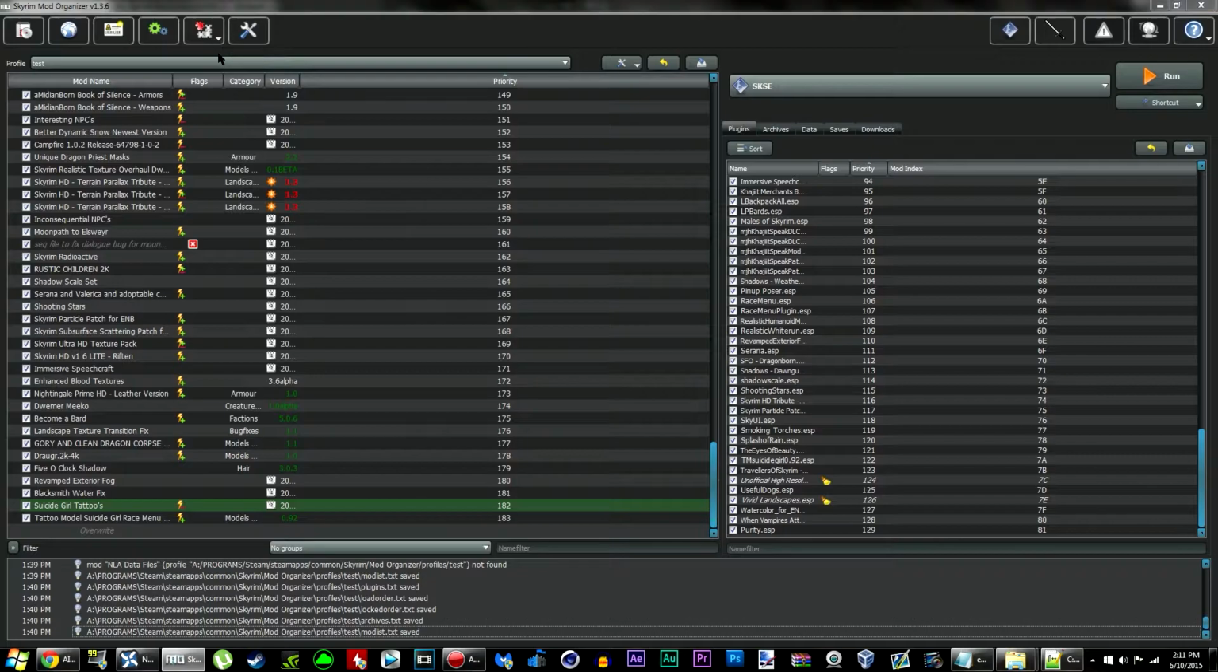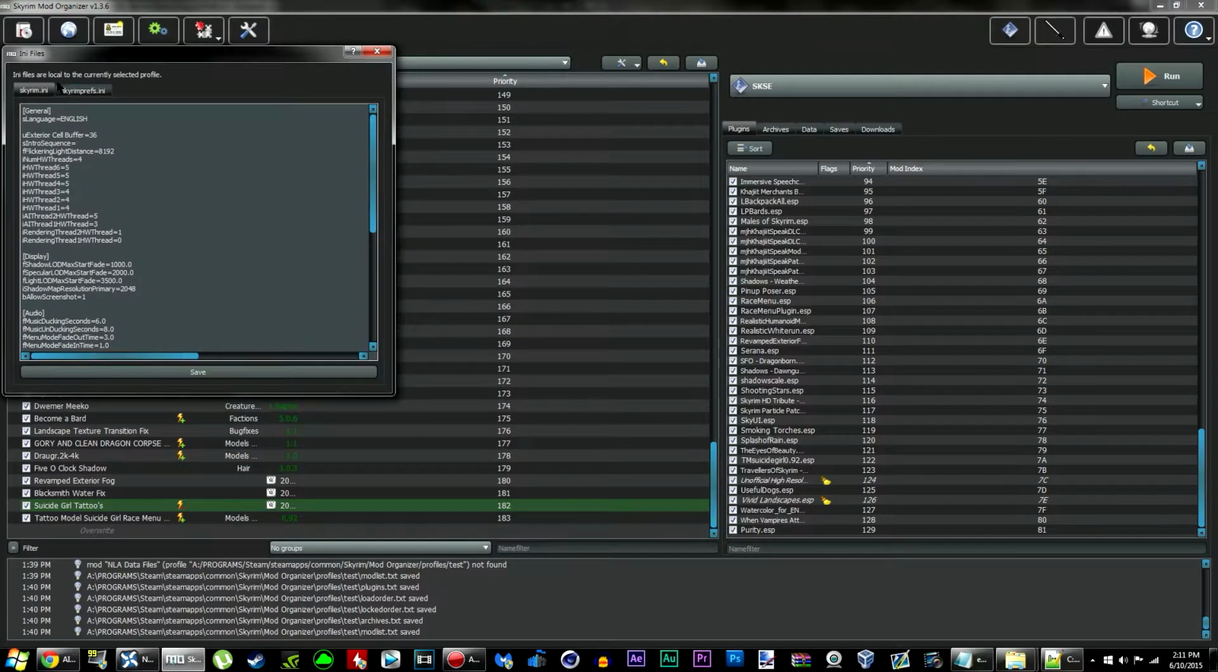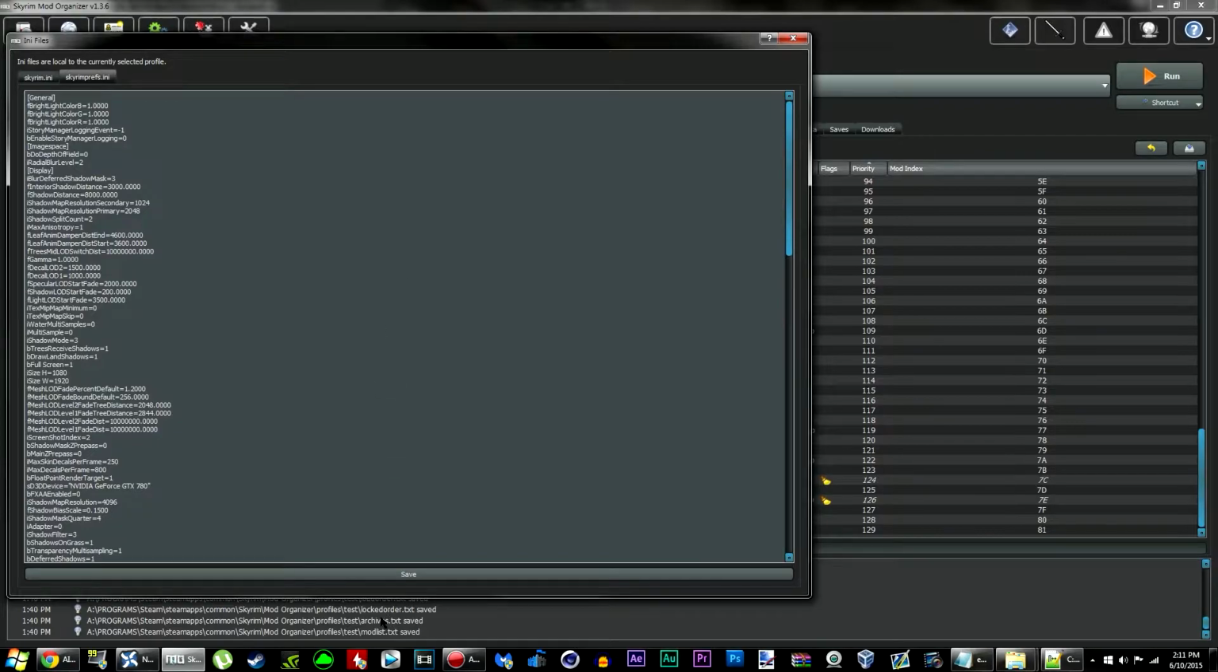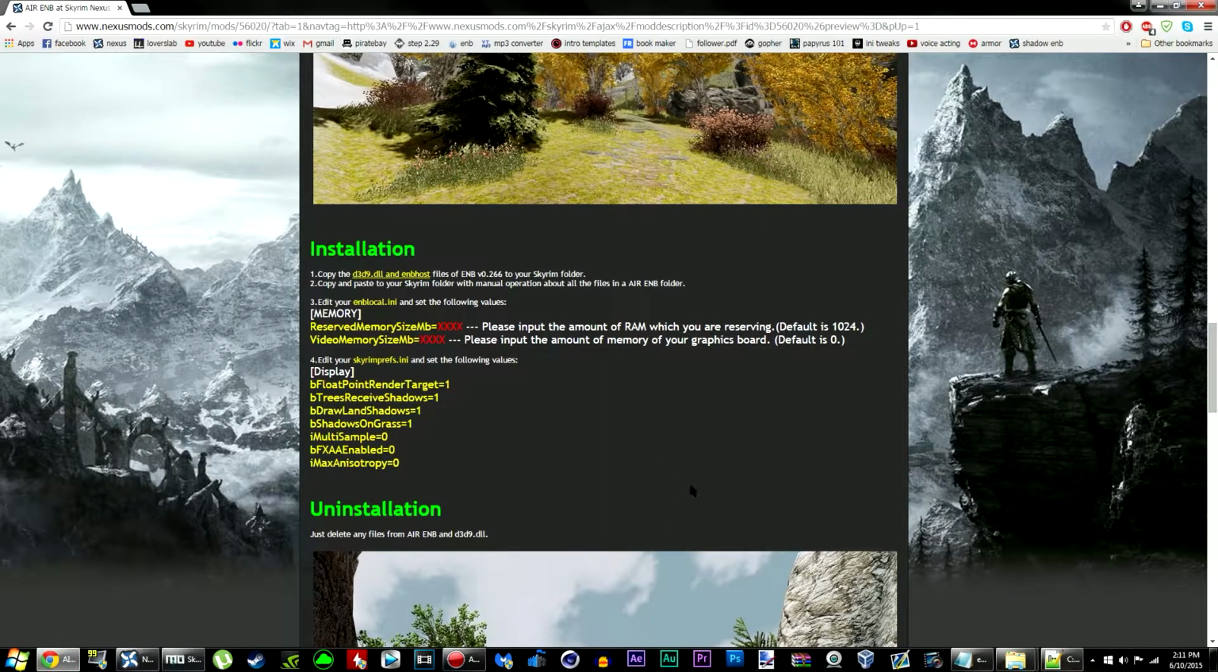Go ahead and click Any Editor, and you'll see 2 tabs. Make sure you click the Skyrim Prefs tab, and then you're in the right place. Now, I'm going to show you guys a really easy way to edit your INI settings. If you go back to your internet browser, you'll see this first setting right here is bFloatPointRenderTarget. You can double click on it and it's going to highlight the word for you,